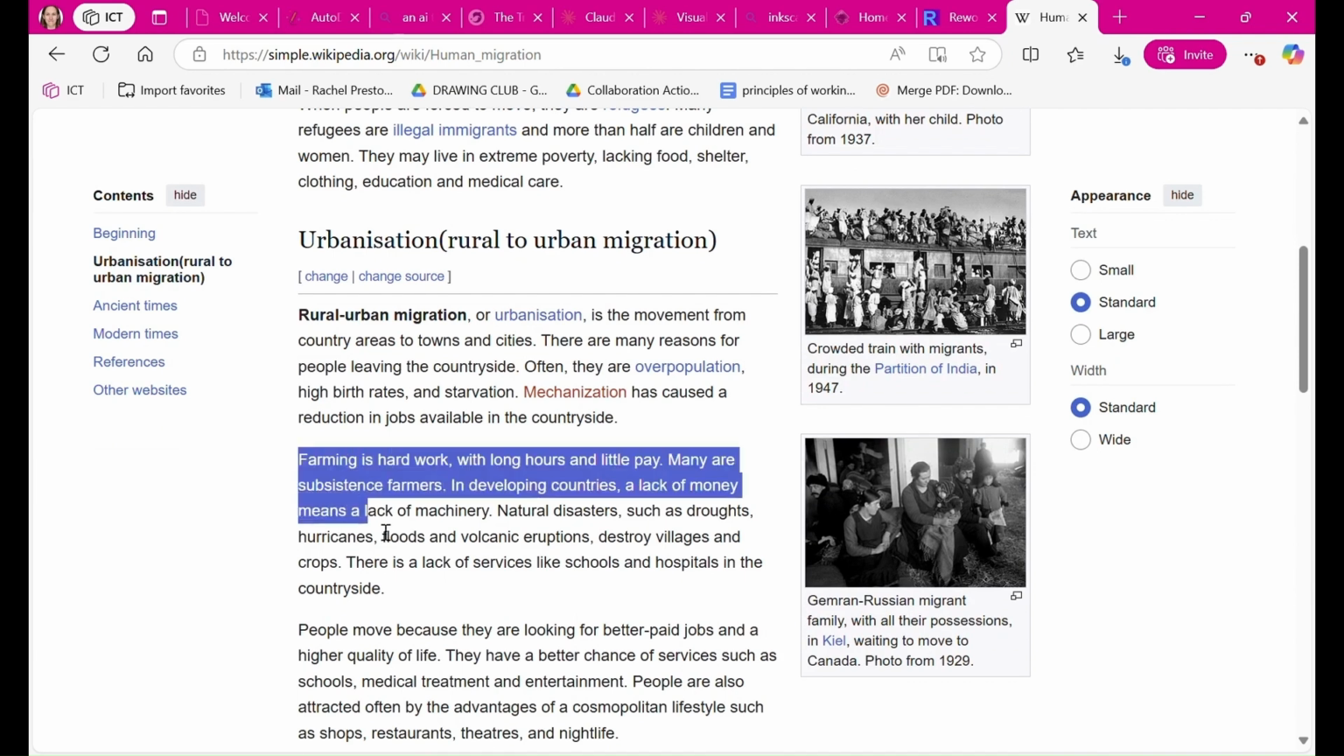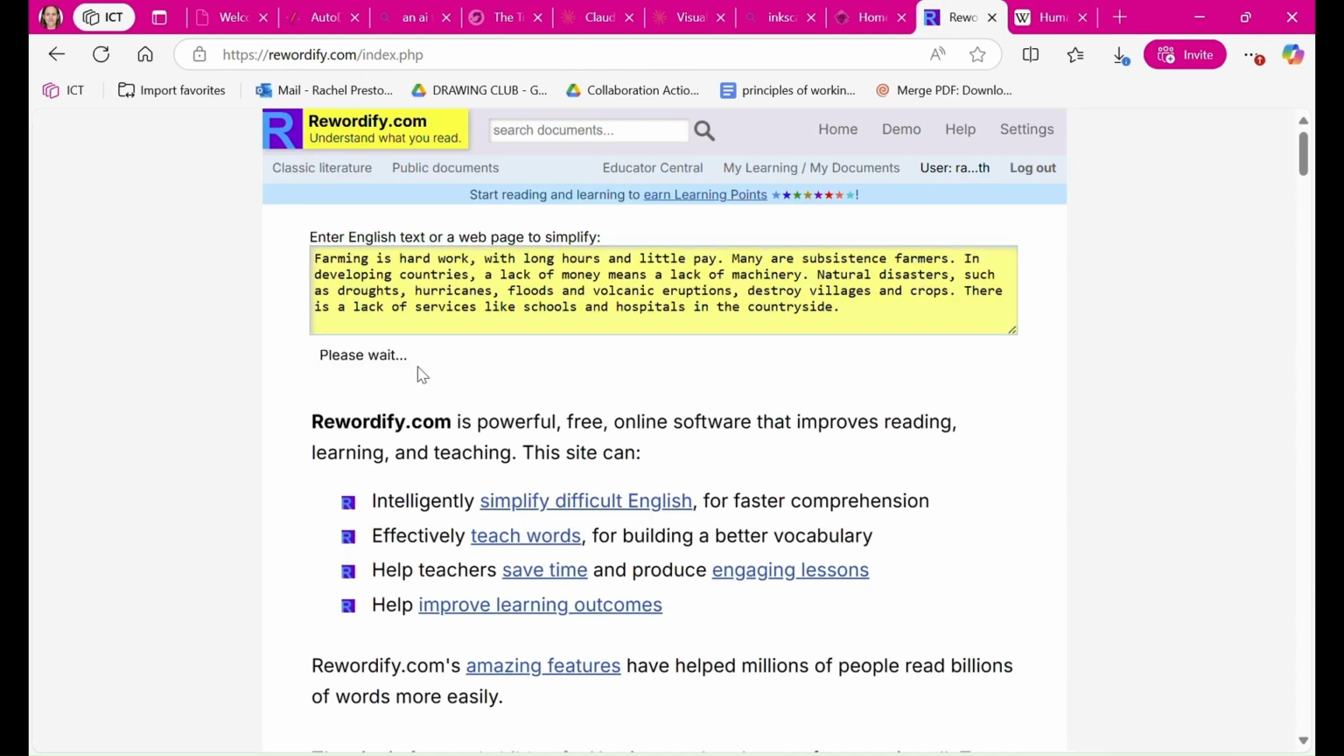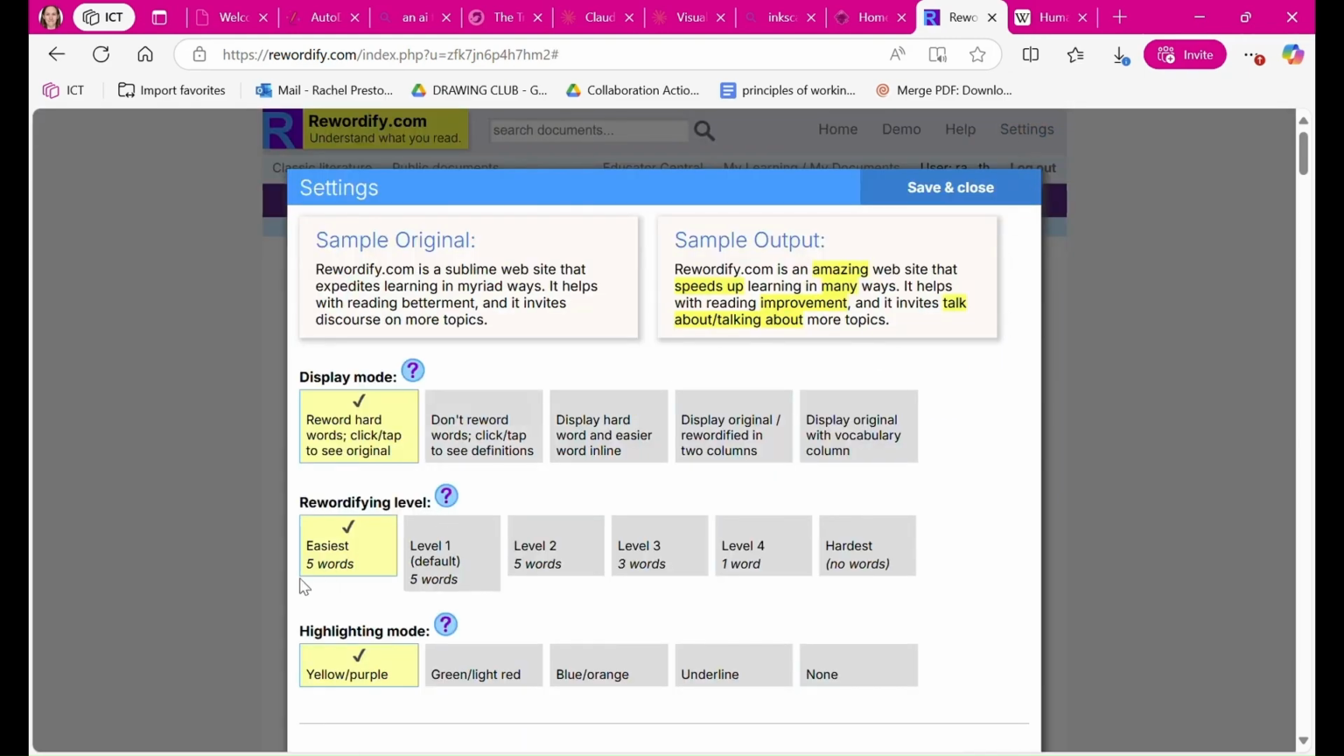If I copy and paste a piece of text, pop it into Rewordify, it will rewrite the text by giving alternative versions of tricky words. But you can change lots of levels here and settings. I can change how many words I want it to do, I can change the colours, and most usefully, you